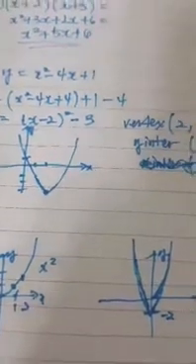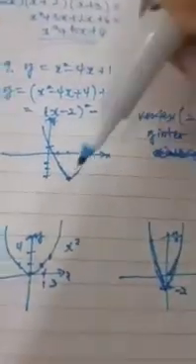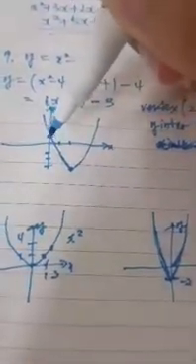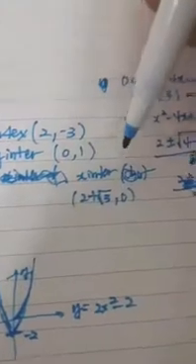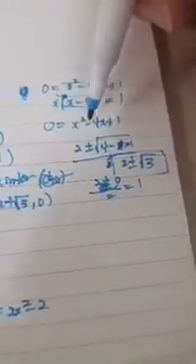For the x-intercept, it's hard to find the root. So the y-intercept, after I substituted 0 into the x, I got 1, so (0, 1). (0, 1) is right here, this point. And then next, the x-intercept, by substituting 0 into the y, I got this equation, and I used the quadratic